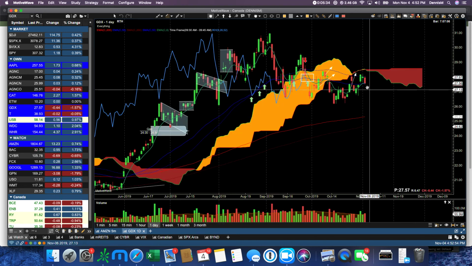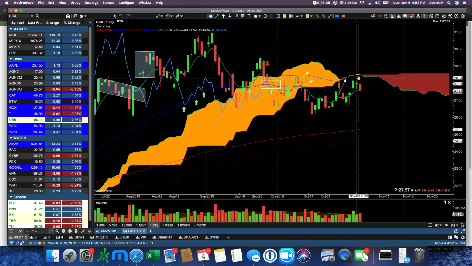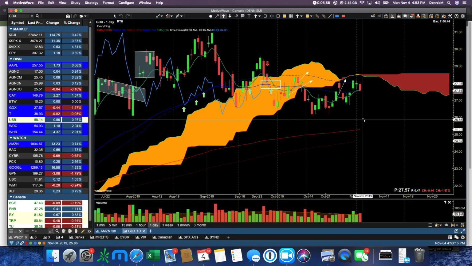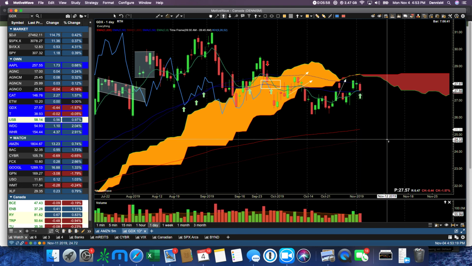GDX down 44 cents. I'm still looking for it to break through thin resistance, but it looks like that's going to be less of a likelihood. We had fairly large volume today, and we finished near our daily lows, right where the 50 EMA and the 8 EMA coincide. So that was strong support. It should be good support going in for tomorrow. So if we can get any weakness in the dollar and weakness in oil, we should see a move over to gold and the gold miners.